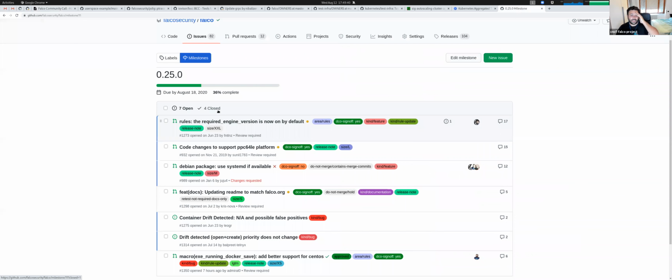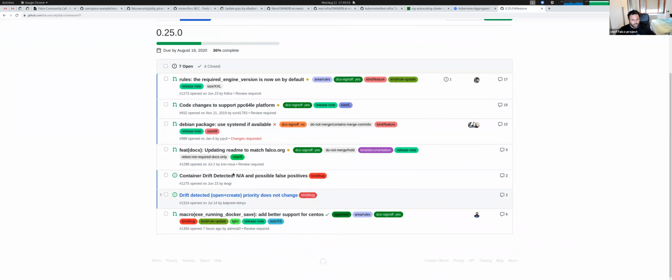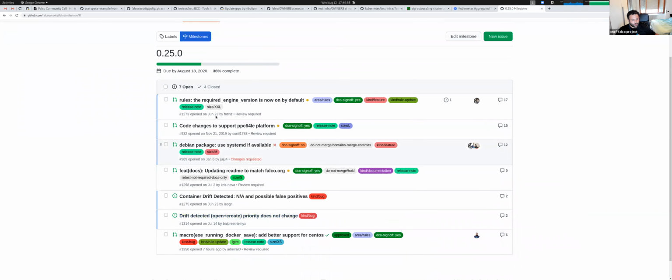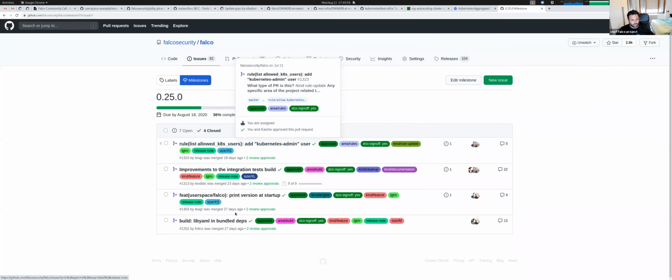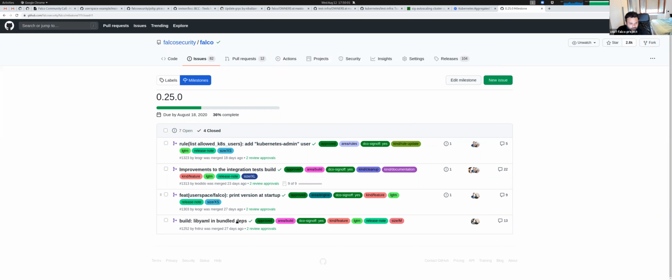So the release still has 7 things open that we can put into the next release because, as I said, we commit to time-based releases and not feature-based releases. So we just push things back if they don't match our timing. We have some pull requests and some issues to look at. Basically, what goes into this release is print version at startup, and libyaml in bundle deps.